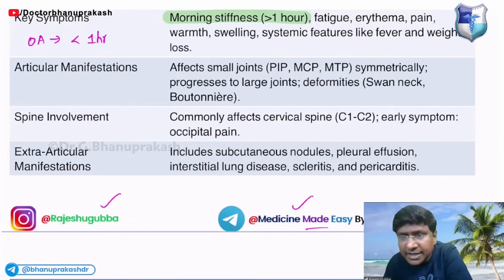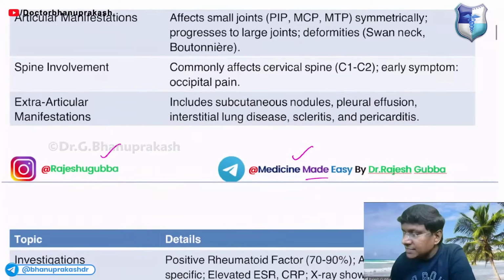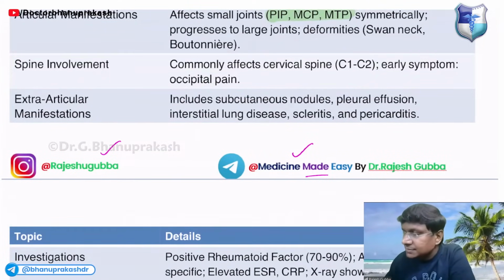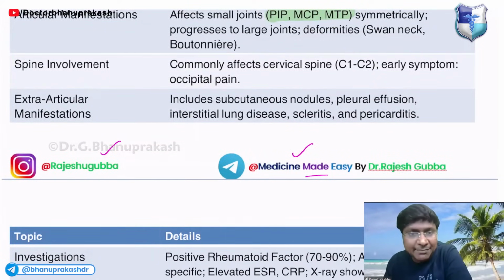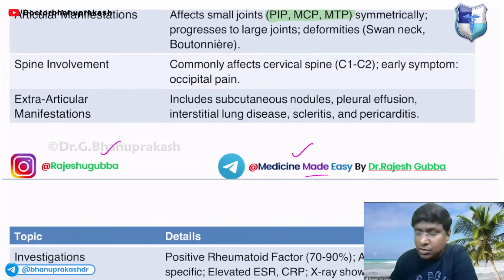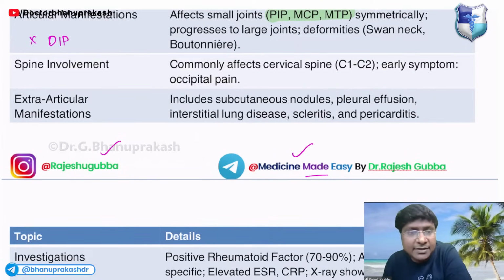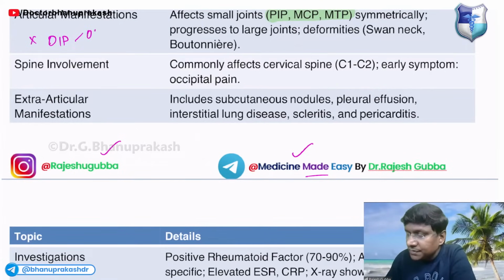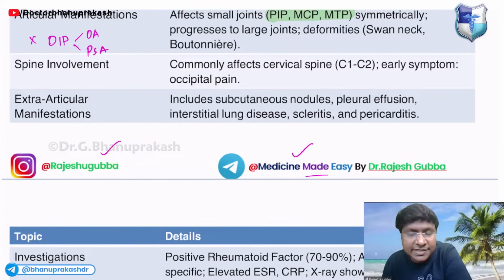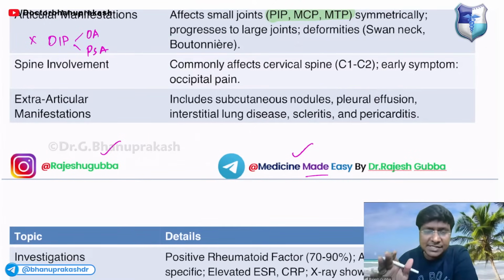Now, what are the other features apart from morning stiffness within the small joints? The joints affected are the PIP, MCP, and MTP. The joint which is not affected is the DIP. But in which conditions is the DIP involved? DIP is involved in osteoarthritis as well as psoriatic arthritis. And in these individuals, as time progresses,